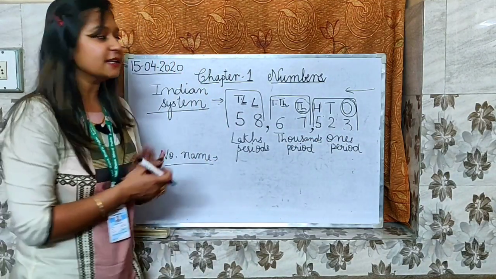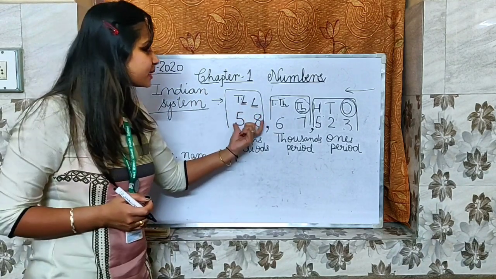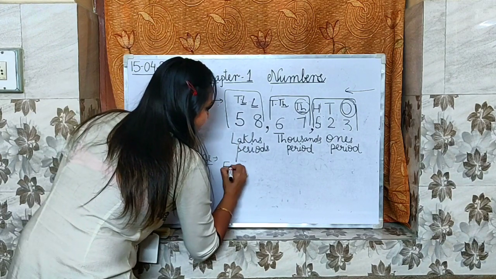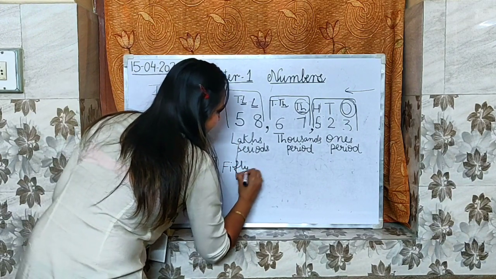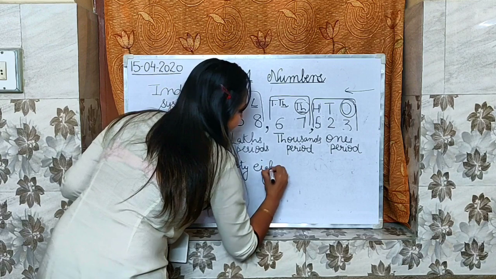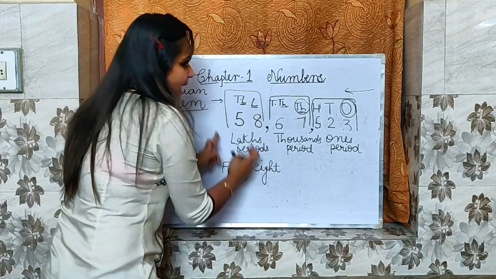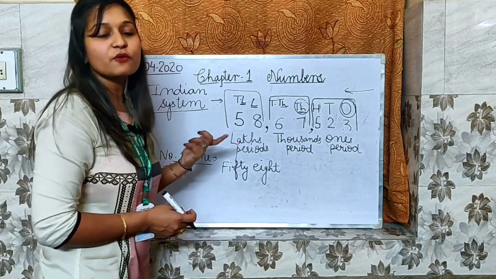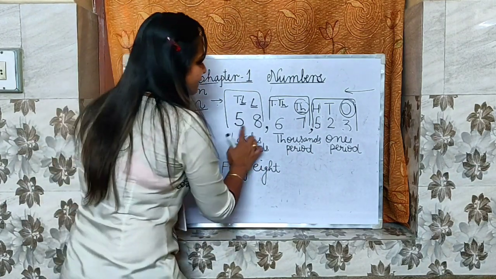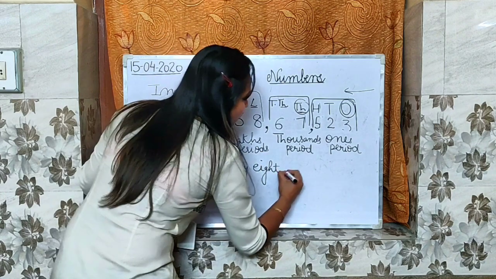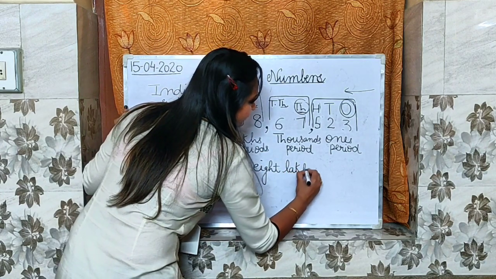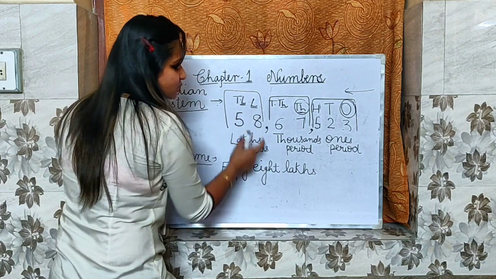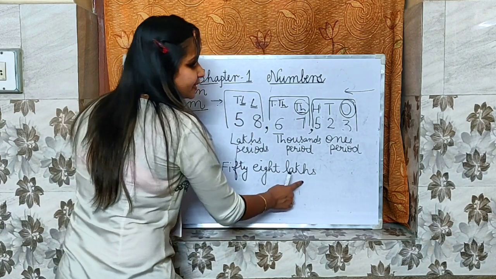Now we will start writing the number according to groups. What is the number in this group? 5, 8. But how do we read it? 58. We read it as 58. So one group and its leader's name, next group and its leader's name. It becomes very easy for us to write the number name. For example, 58 we have written. Now who is the leader here? Lakhs. So first I wrote the number name of these two numbers, 58, then the group leader name, lakhs.